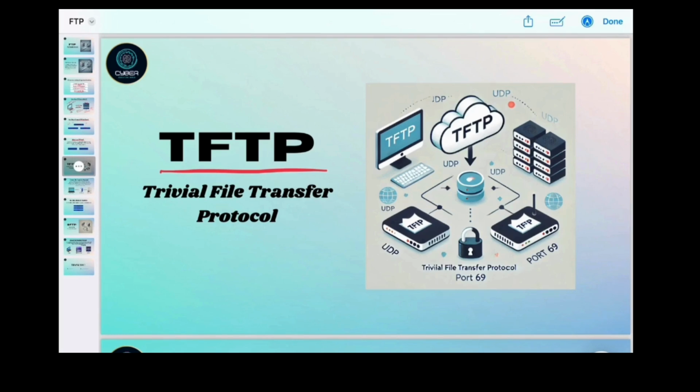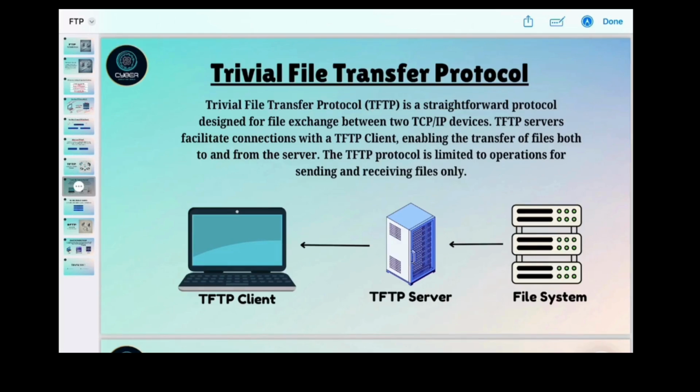TFTP is a basic protocol that supports only fundamental read and write operations, lacking features such as user authentication, data encryption, or compression. Now, how does TFTP work? TFTP functions on a client-server model, and is specifically designed to fit into small boot ROMs due